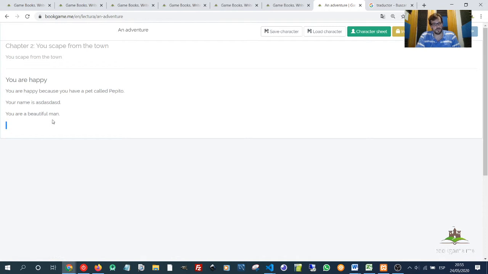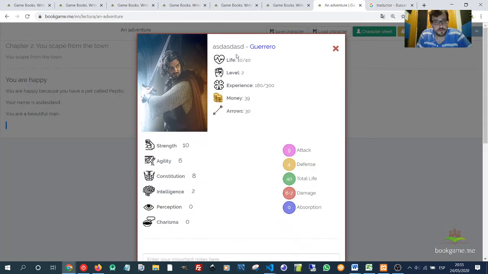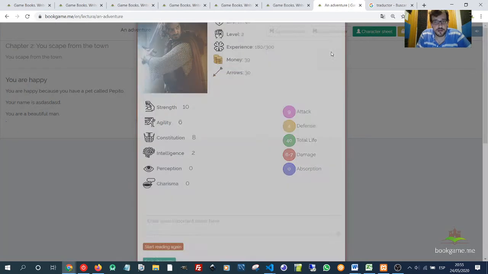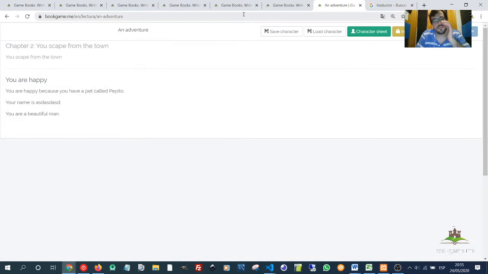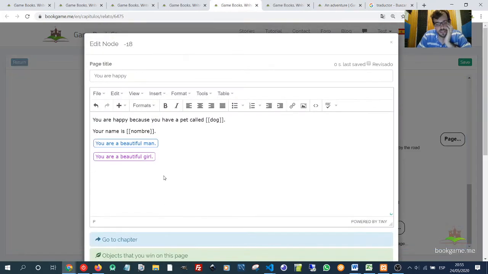It doesn't appear the other text because you are not a girl. Okay? But in this case, if you had created a female character, it appears the other one. Okay? It's very easy to test. And more options. Imagine that you want to put a different text depending if you are a warrior, if you are an explorer, if you are a wizard, okay? You can put you are